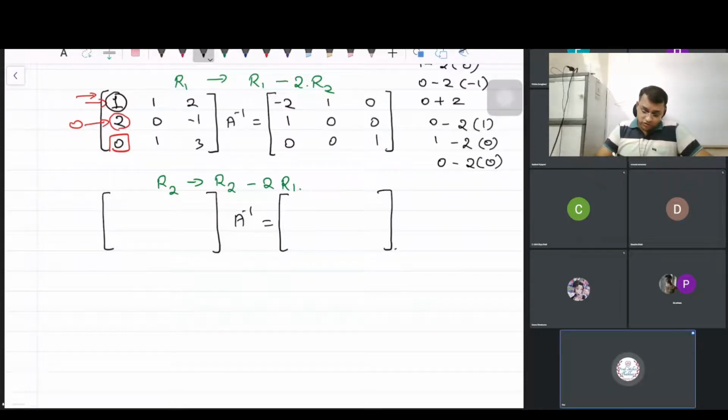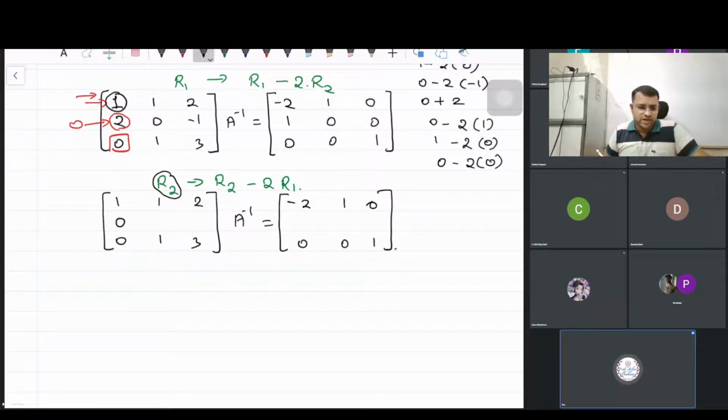Okay, so I don't want to make any changes in the first row as well as in the third row. Let me just copy that down so that we don't make mistakes later. The transformation has to be done only in R2. See, I have left only R2 blank, and now I will apply this equation to it. I have copied down the remaining elements as they are. So 0 has to come here, so I don't have to worry about that.